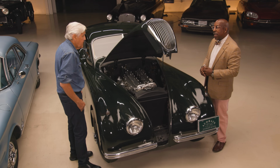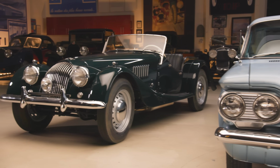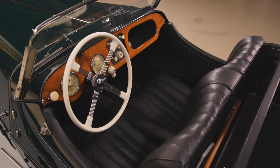Now let's look at another English landmark, the Morgan. So this is a 1957 Morgan Plus 4, and here the story is, as I'm telling it, and I know you'll agree,